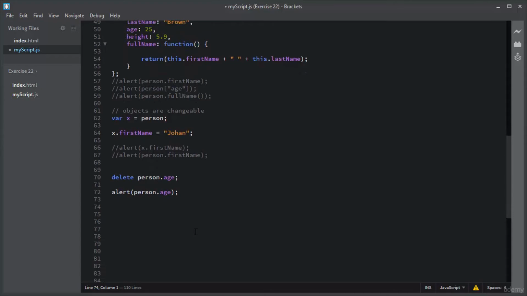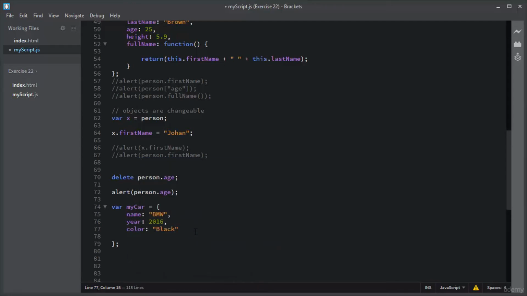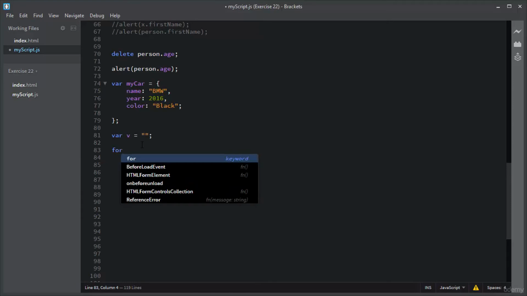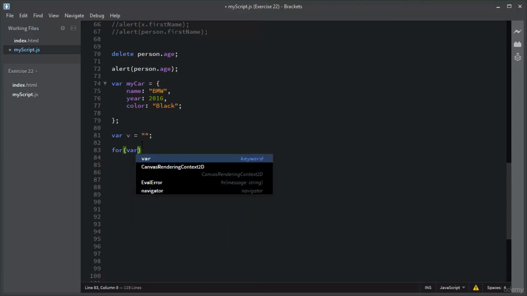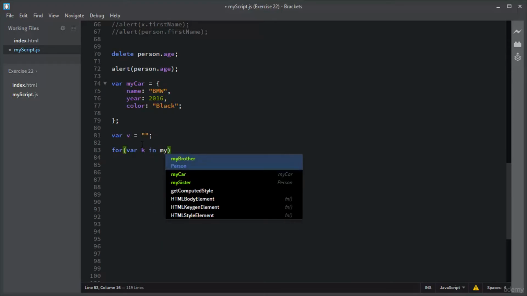I will create an object, myCar. I will add some properties like name as BMW, year 2016, and color black. Now I will loop through these properties using the for in loop. I will declare a variable v with empty value, and now I will write the for in loop. Inside the for in loop I will declare a variable k in and then the myCar object,